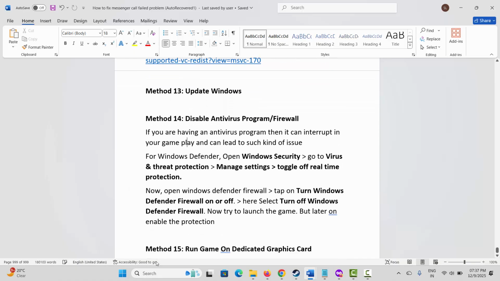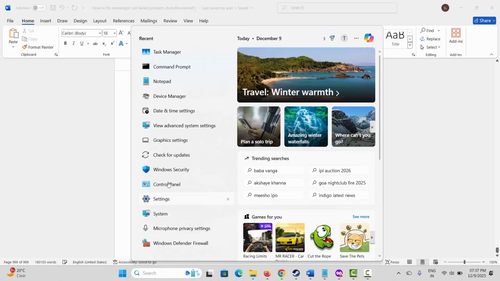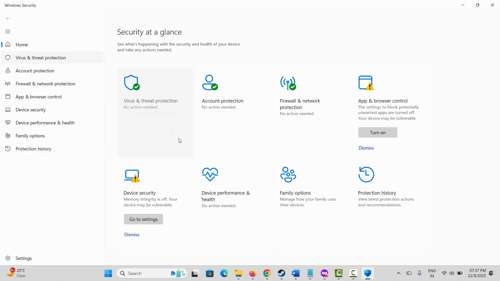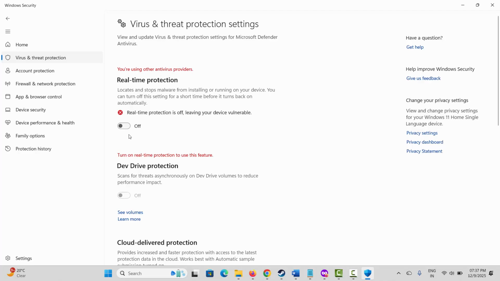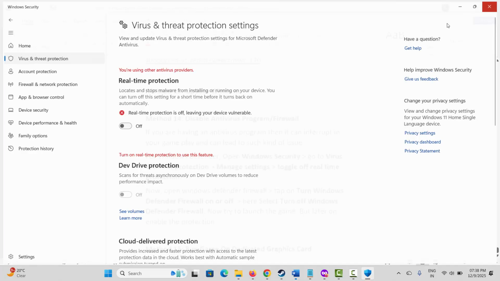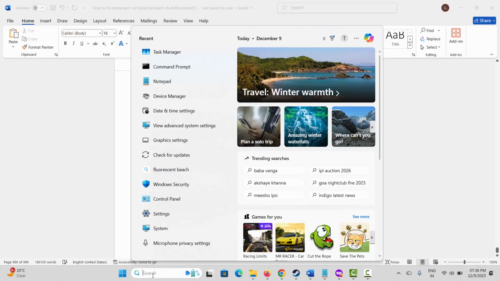So for that you have to go to the Windows search for Windows security. Now click on virus and threat protection. Go below, click on manage settings, and here you have to turn off real-time protection. If it is turned on, then you have to turn it off. Now once done, again go to the Windows search for